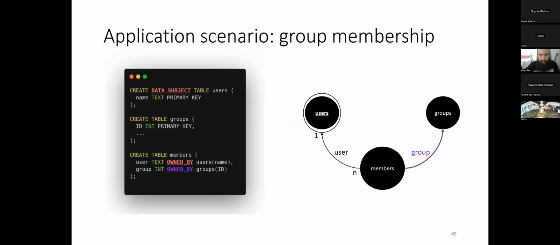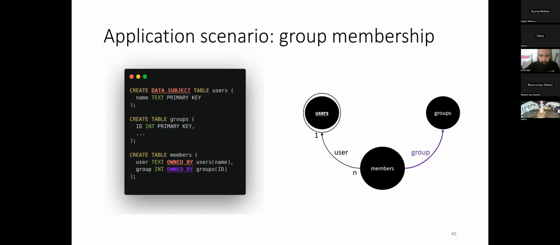Now, finally, let's say we want to make the groups themselves owned by the users in them collectively. We can try to do this by annotating the group foreign key in the members table with owned by. However, this results in something that is a little nonsensical, and in fact, K9db rejects it outright. Because this makes the members themselves, the records in the membership table, owned by their group instead of the other